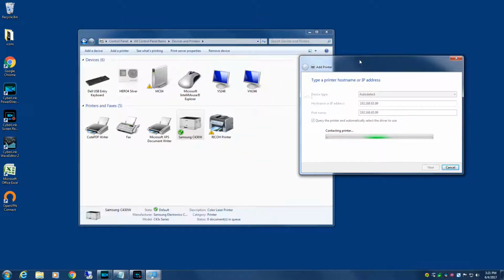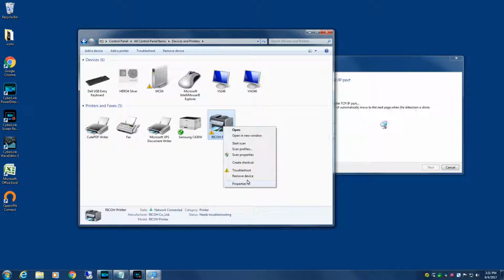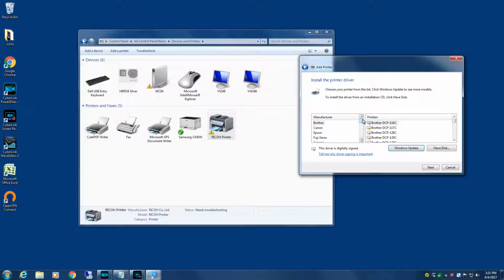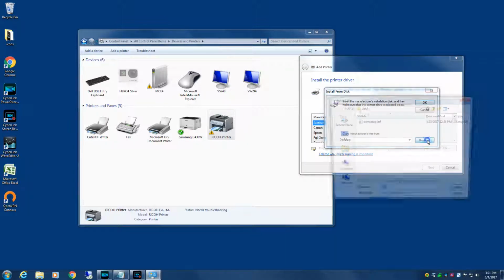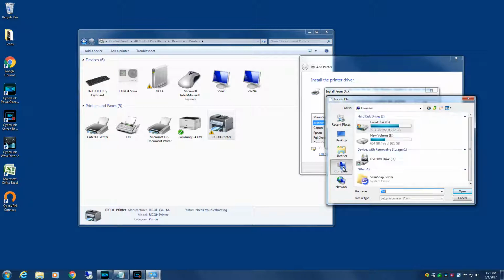Not sure if that box has to be closed now or not. Okay, here we go. Okay, Windows Update will not have that driver, so I'm going to say Have Disk. I'm going to browse out to the location I downloaded it at, which is